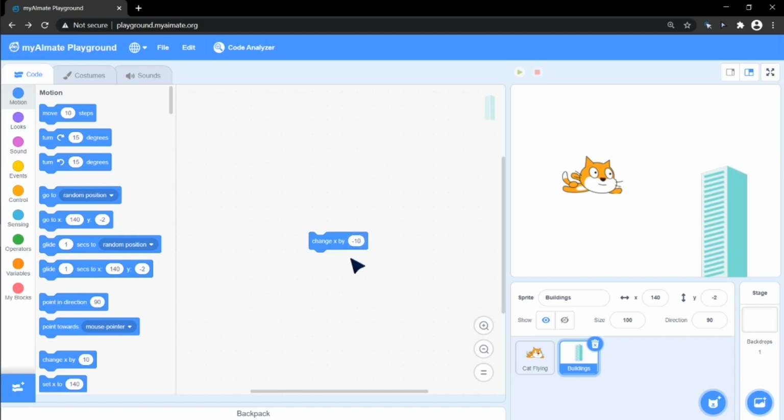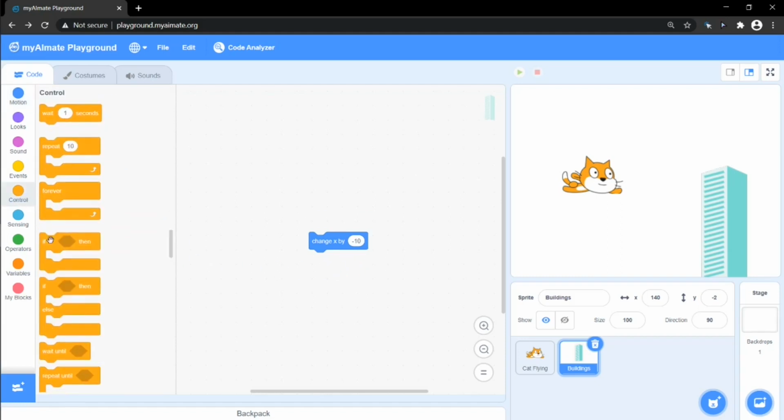Now we will repeat this code by using a repeat code block from the control palette. Don't worry, we will cover this code block in depth in our future upcoming videos. We can use set x command from the motion palette to make our building start from all the way to the right.